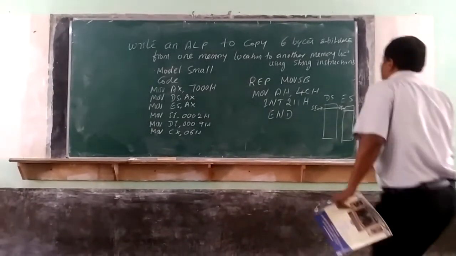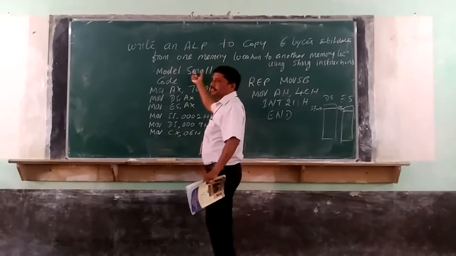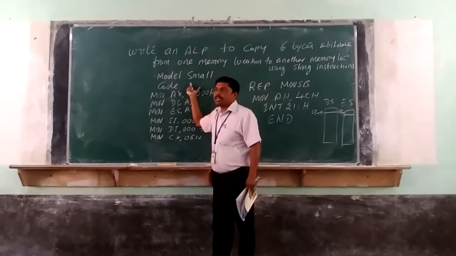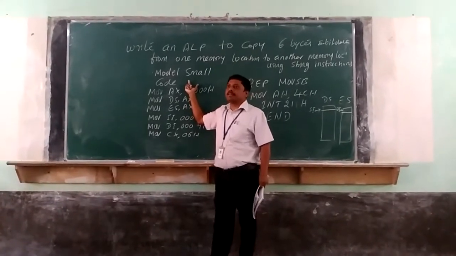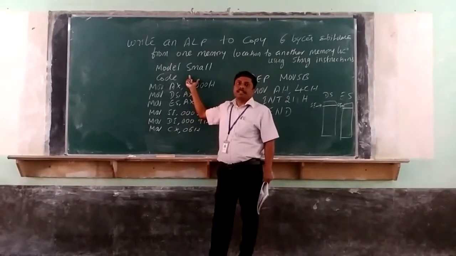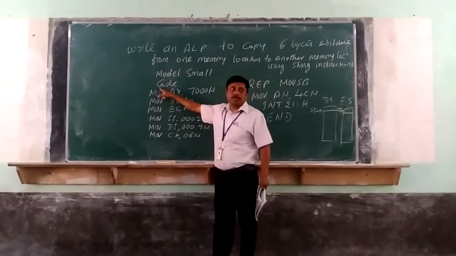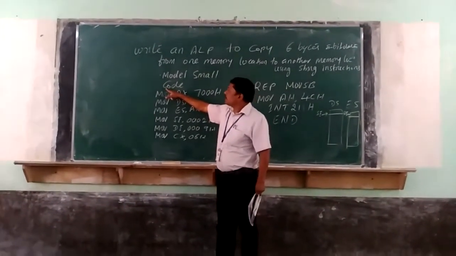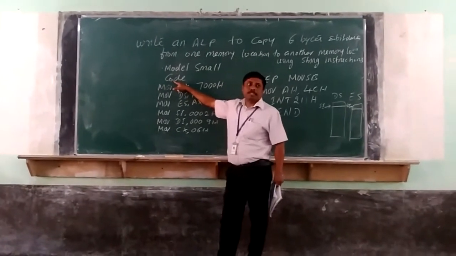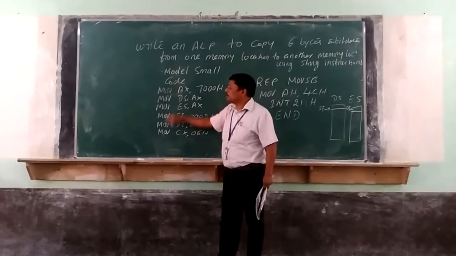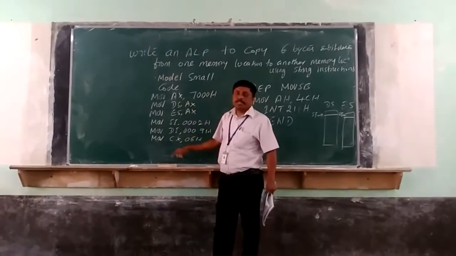So look at how it is going to work. This is .model small. Here we are going to use one data segment and one code segment. This is a shortcut method of defining the code segment and data segment. Then .code, also a shortcut method of defining the code segment. Whatever you write after .code is going to be stored in the code segment.